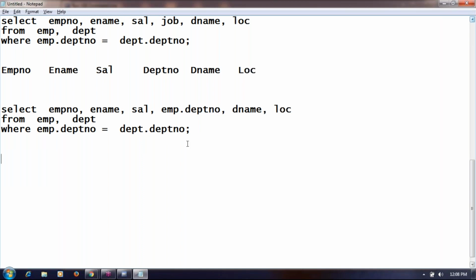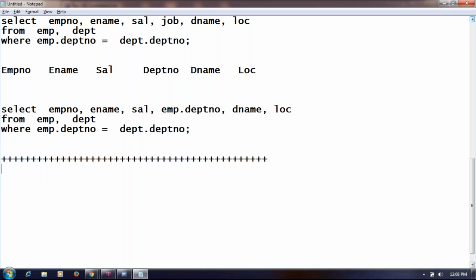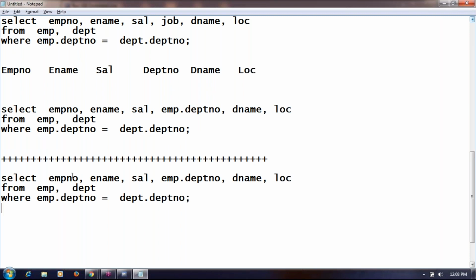Clear? Why prefix table name dot column name? Now, a question for Jamal. For the employee number, can I write emp dot employee number?